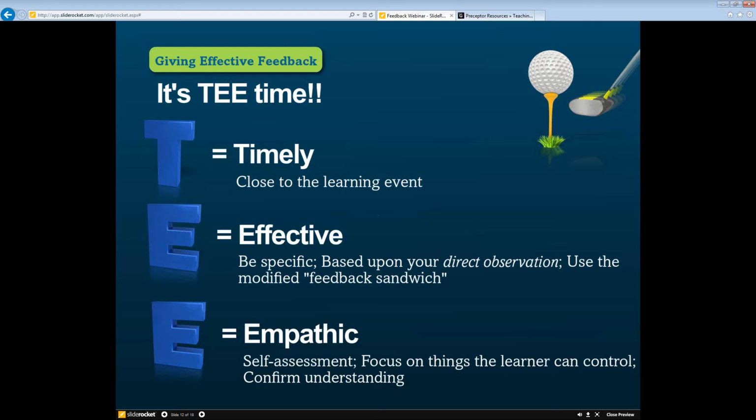Effective, so these are characteristics that we'll talk about, but being very specific, as we just talked about in the knot tying experiment, is more effective than being very general. I think a lot of people providing feedback don't have the repertoire of specific statements that they might pull out and give to the students. They might use generalities like, you need to read more and expand your differential diagnosis. So the question is, who doesn't, right? If you get that as a learner, you're going to say, well, okay, but how does that help me move forward after this learning session we just had?